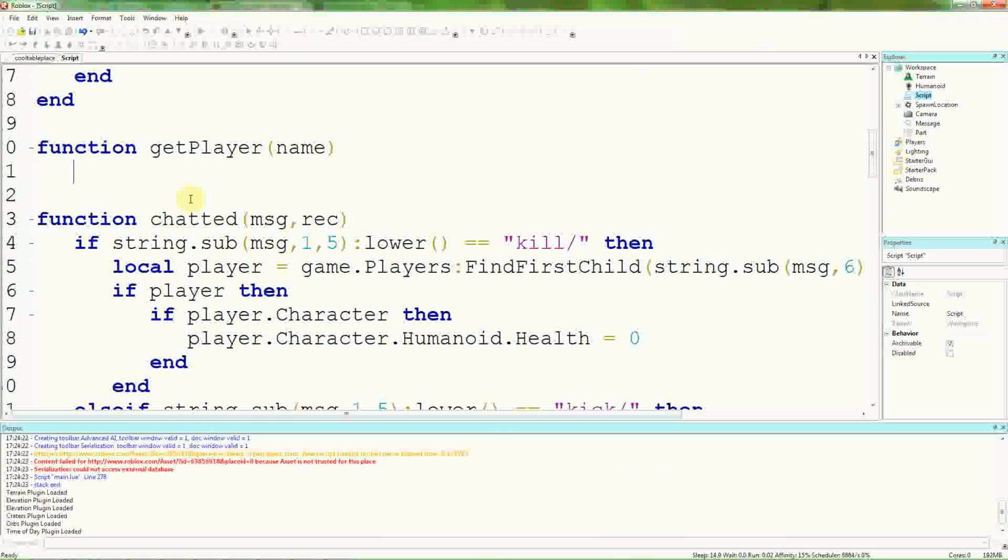I'm going to press a tab here, and now we're going to loop through everyone in players with a